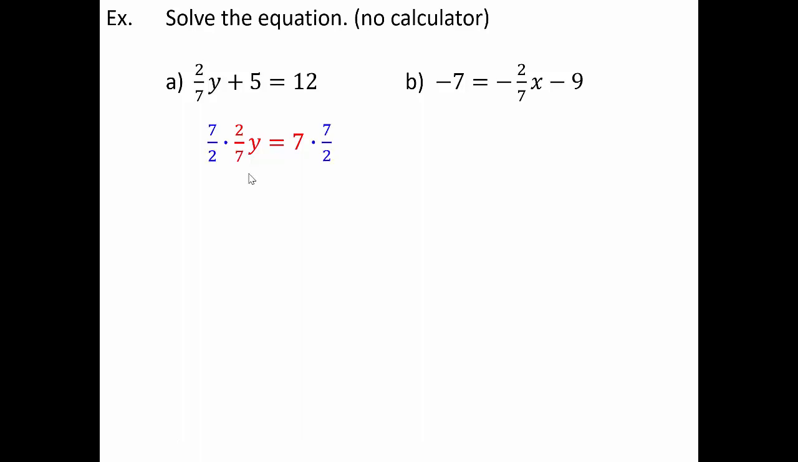So let's multiply both sides by the reciprocal. The 7's cancel, the 2's cancel, we're left with y equals, and on the right side, 7 times 7 halves would just be 49 halves. Final answer. But I always like to point out on these problems involving fractions, if you don't want to deal